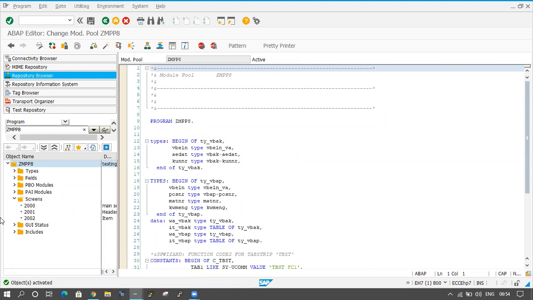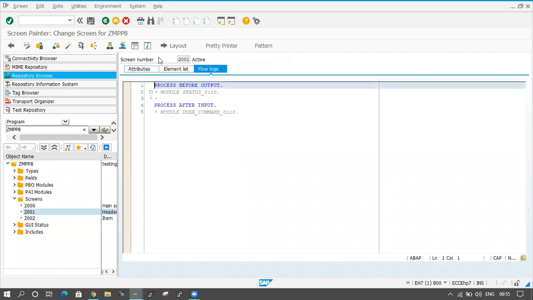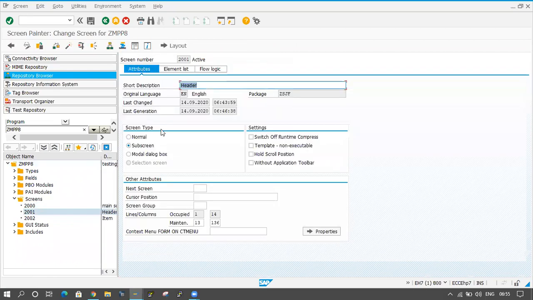Okay, so 2000 screen I have created, and in that one I am taking a subscreen area, and in that subscreen area I am calling a subscreen. And I'm applying the back button functionality here, and if I click on get data, then I am fetching some data. On tab strip also I have applied here. Okay, header and item tab strips also I have applied here. If you double click on this T2001, okay, this is the subscreen. Here the subscreen is automatically selected. We did not select it, automatically it's selected like that.